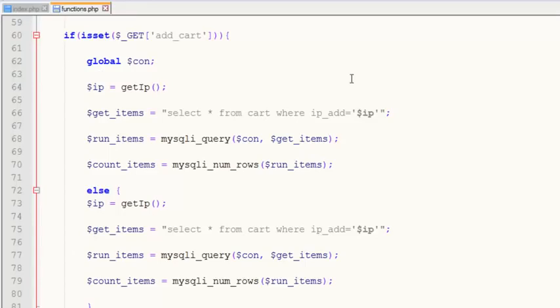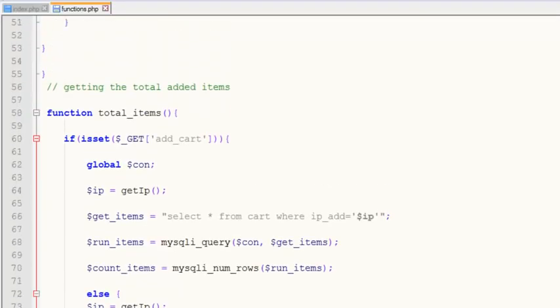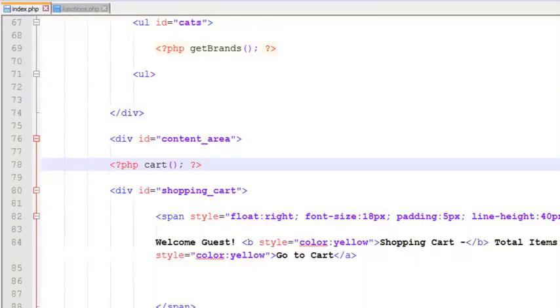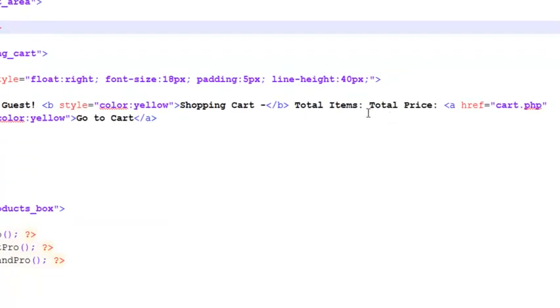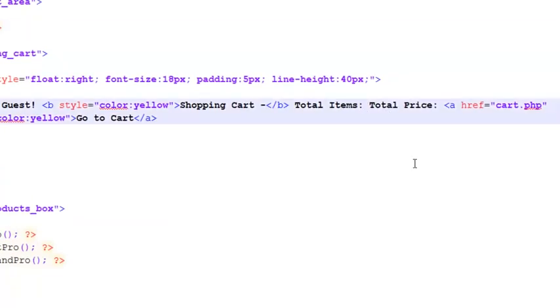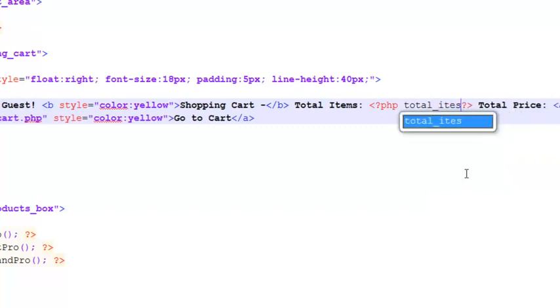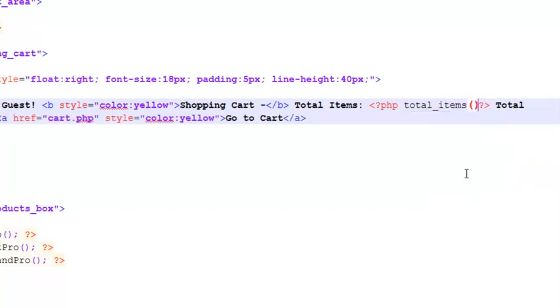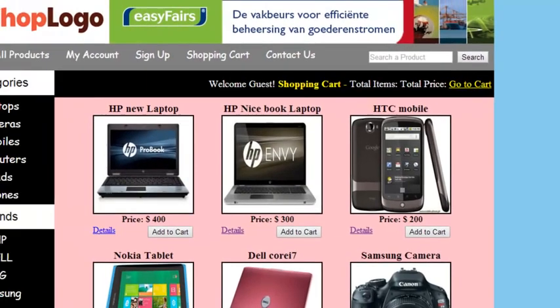Now we can simply call this function, total_items, in the index.php page, somewhere we have this place over here, total items. So inside, using PHP starting and ending tags, we can simply call total_items and two parentheses and a semicolon. That's it. Control S to save. Go to the page, refresh it,